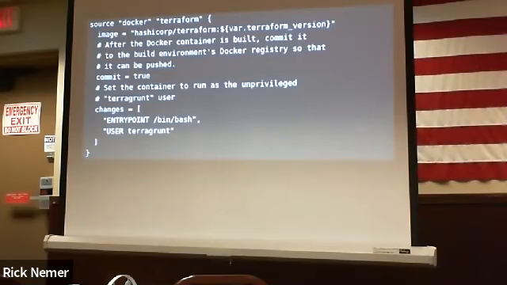So we're going to define some sort of version of that to pull from. I'm going to set commit to true so that whenever it pulls this in, it will commit it to the local computer, to the local build server, so it can then push that to some other registry whenever we're done. And the changes directive contains any Dockerfile formatted settings that we want to change about the Docker build. So if you know Dockerfiles, your stuff is sort of a drop-in improvement here with Packer. We can set the entry point. We can also set this user here.